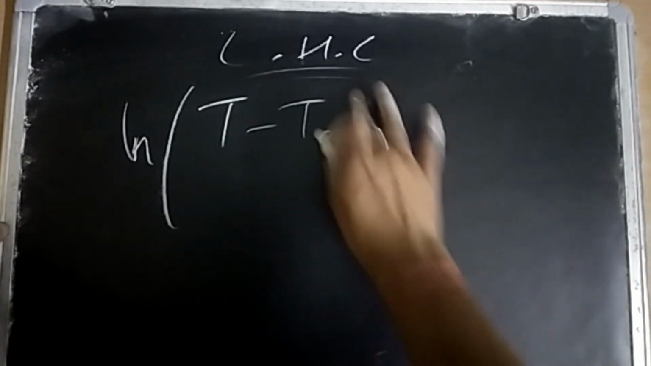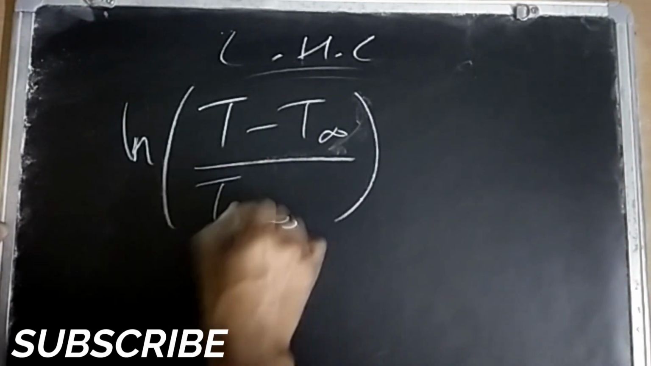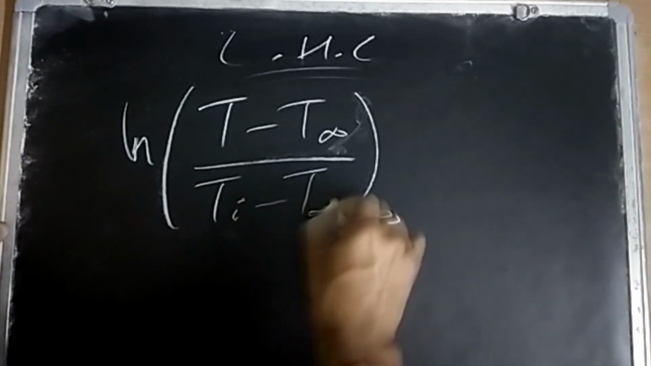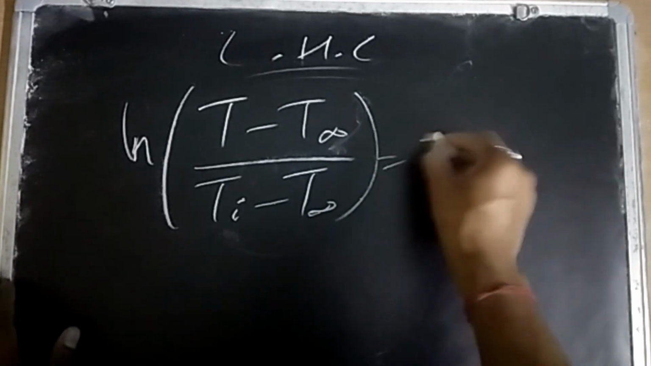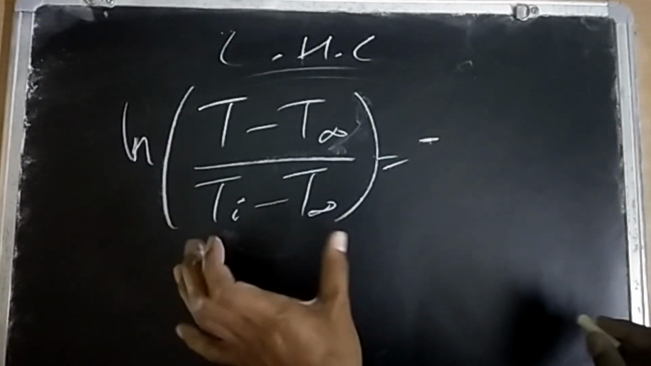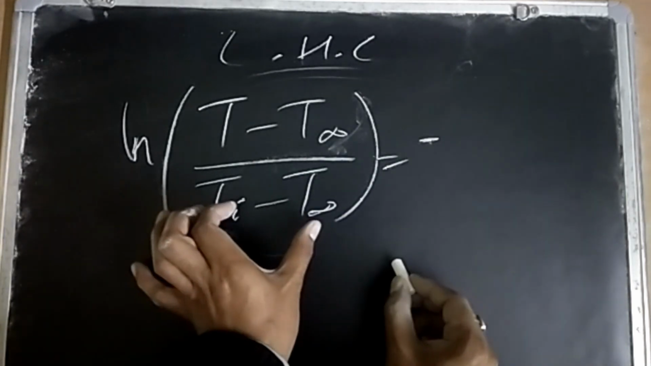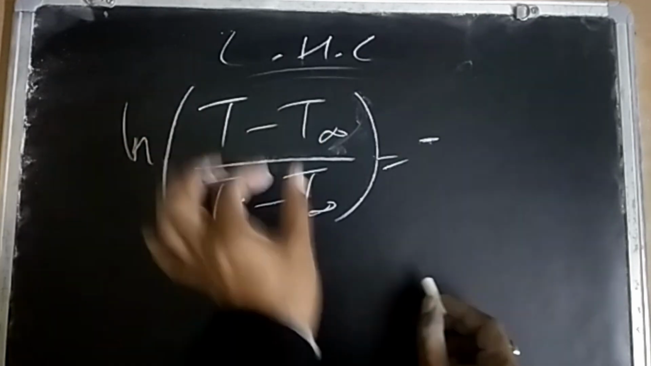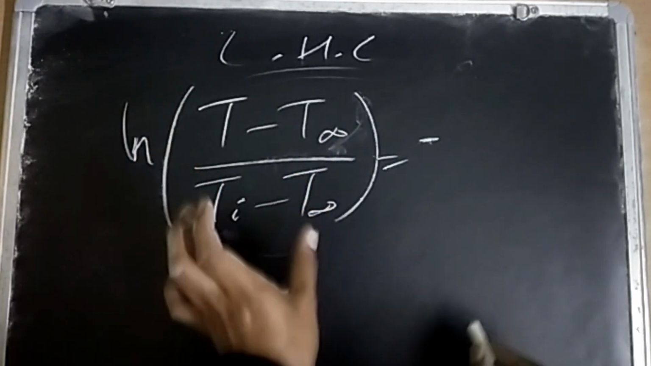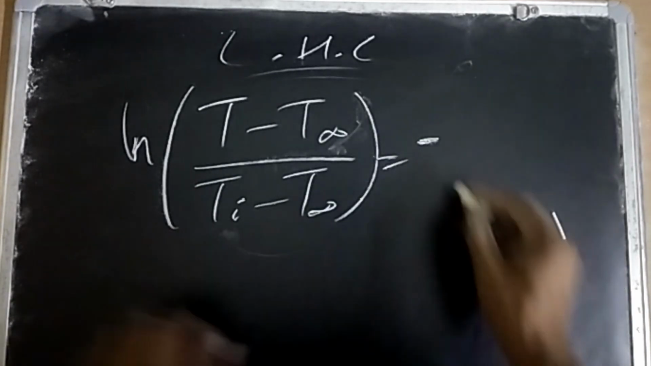So T by T infinity is the environment, Ti is the initial temperature. This is equal to, now this will be minus, because this difference is more. Initially it is hot, so this difference is more. It will cool down, so this difference will reduce. So this ln will come negative, so on the right hand side also negative, minus h A